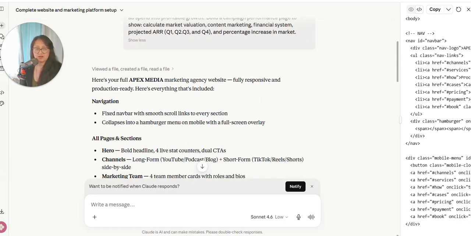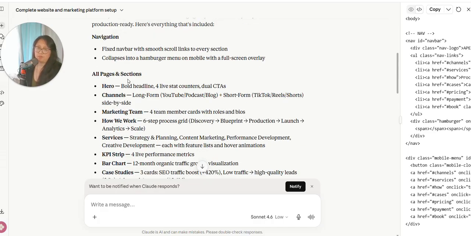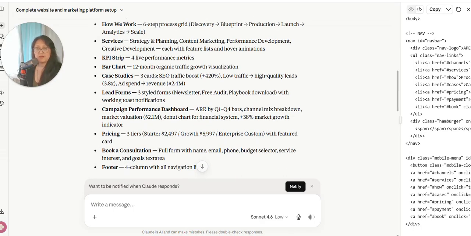Next, Claude's going to build it and tell you, hey, here's your full media marketing strategy. This is the website that it's going to look like. We'll have it fully responsive to text messages, if you're using your phone, your laptop, desktop, and so forth. Here's everything that's included. It will show that it has a navigation bar. Pages and sections will include the hero, the channel, the marketing team, how we work, services, the KPI charts, any bar charts, case studies, lead forms,